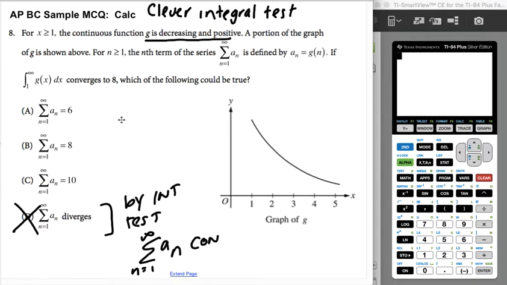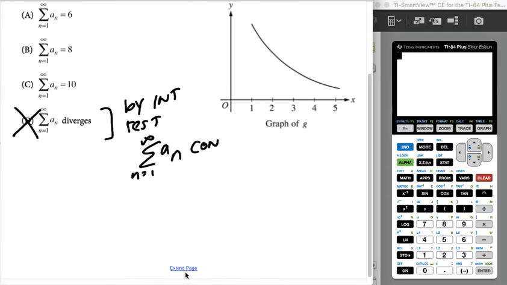Where it gets tricky is figuring out what we can interpret this value to be, because they're not just asking does it converge, they're saying it could converge. This isn't giving us the value, but it's asking us the logic of what it could converge to. And unfortunately, to figure this out, you really have to make a mental leap. So the idea is,